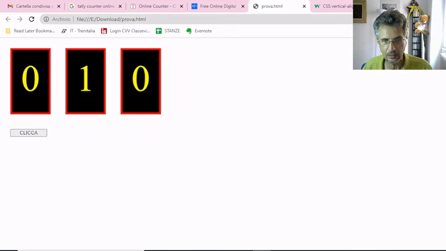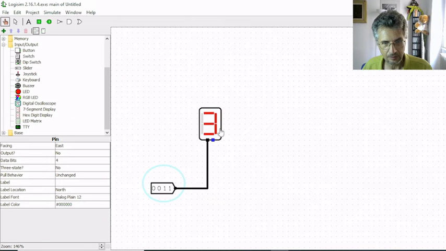So when I reach 99, I have to switch this digit to 1 and this to 0, 0. Here it is quite similar. The difference is that with binary numbers it happens a lot sooner, because it happens when I reach 3. I don't have any more digits here, so the next